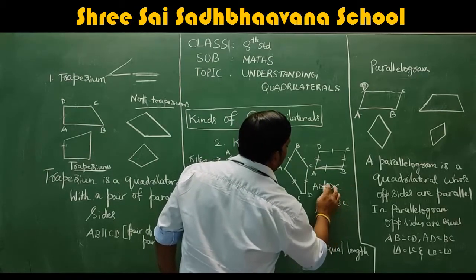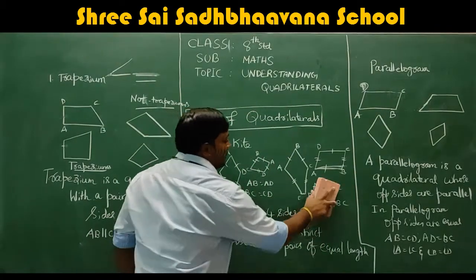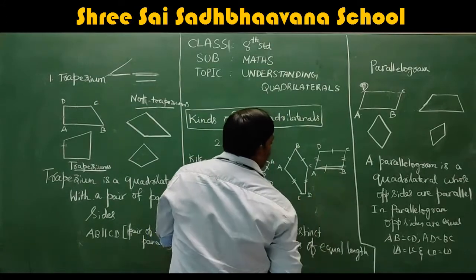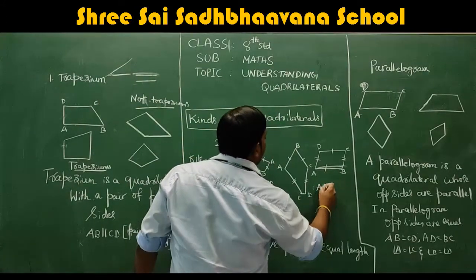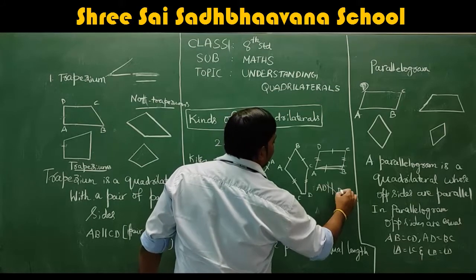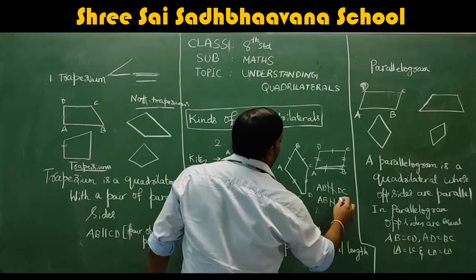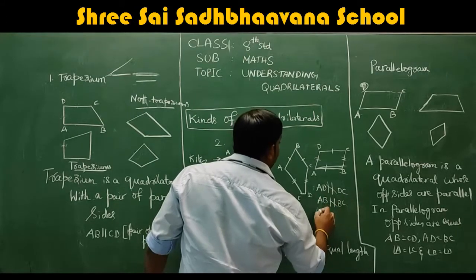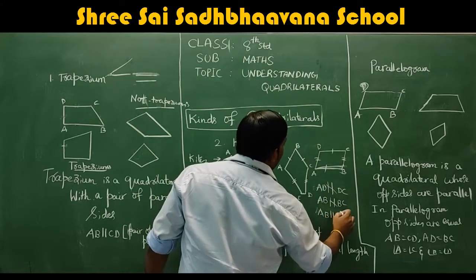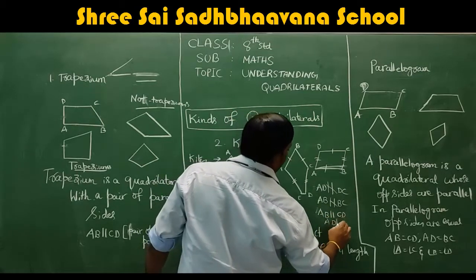You can just write it here once again. AD is non-parallel to DC. Similarly, AB is non-parallel to BC, but AB is parallel to CD or DC, and AD is parallel to